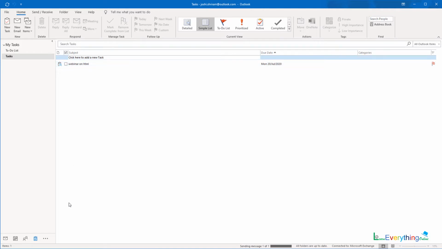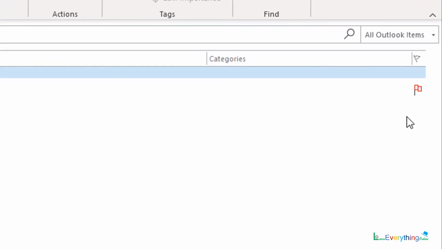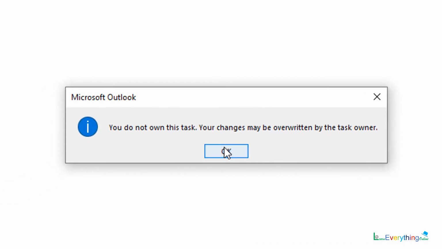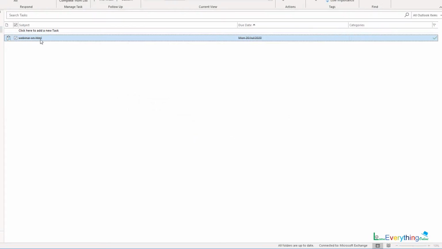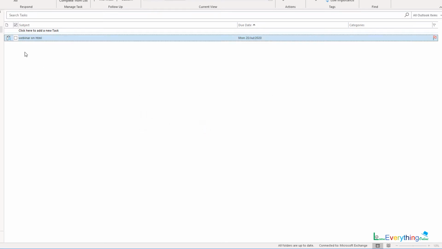See, this is my task list. Once I save any task, it will always appear in this area in which a flag is there. Flag means mark as complete. So when the work is done, I have to click on this flag. If I click on this flag, it will warn me that you do not own this task, your changes may be overwritten. So automatically this task is done, so it is struck through. That means one overline will appear. But as I know that this task is pending, again I want to change. What I will do is tick off that assignment as work over, and again it will be on the list.